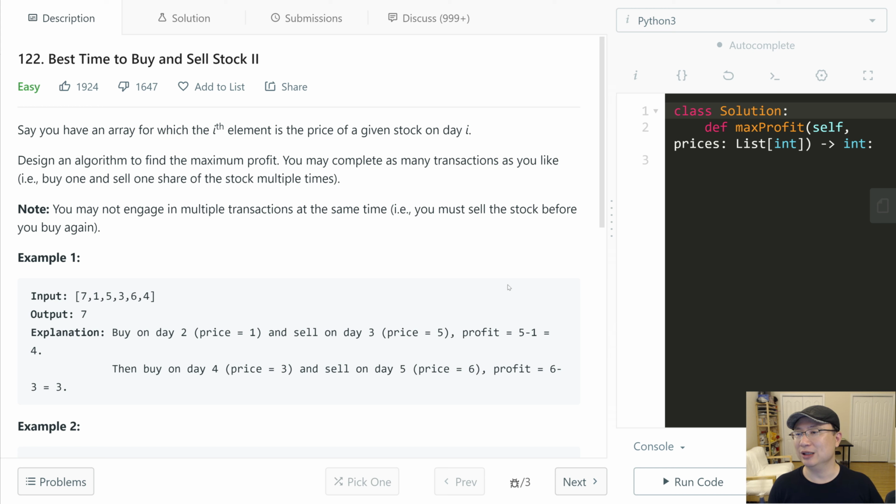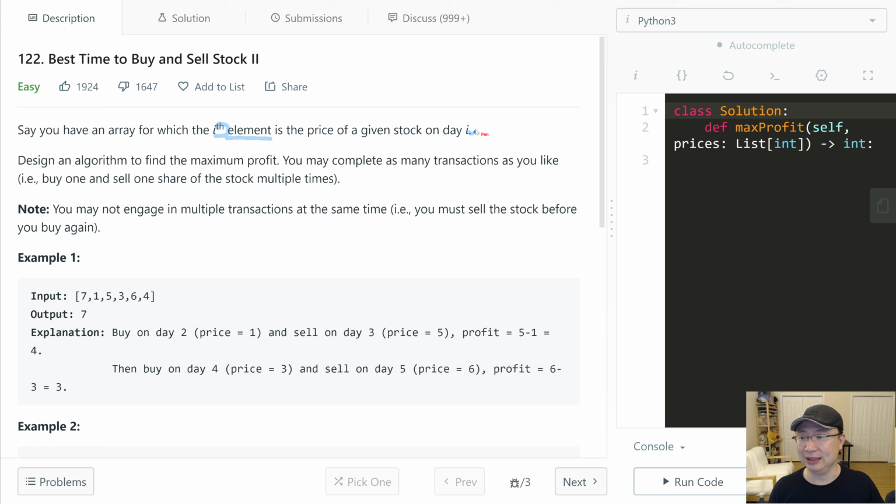This is LeetCode question number 122, Best Time to Buy and Sell Stock, version 2. This is an easy question. Let's get into it. Say you have an array for which the nth element is the price of a given stock